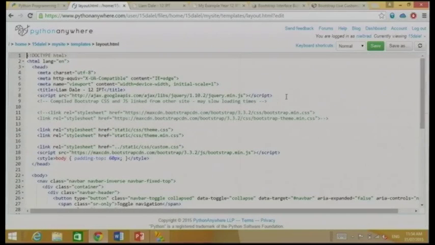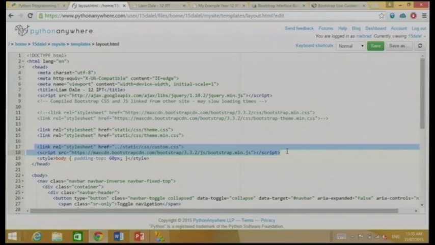So this is my layout code. In terms of Bootstrap, all I had to do was link in those 2 lines of code. And once I did that, the students could actually just